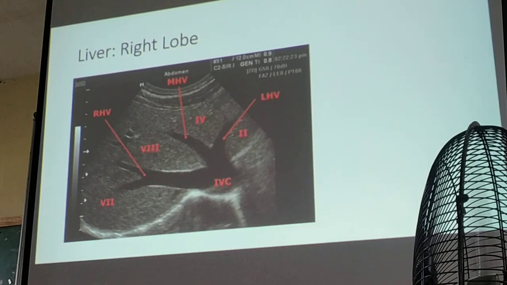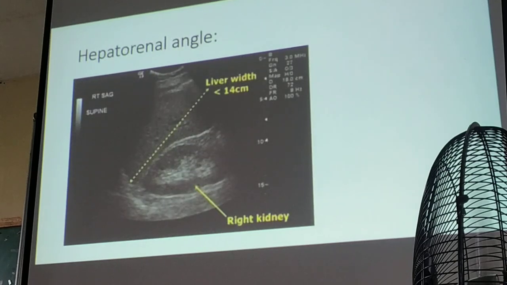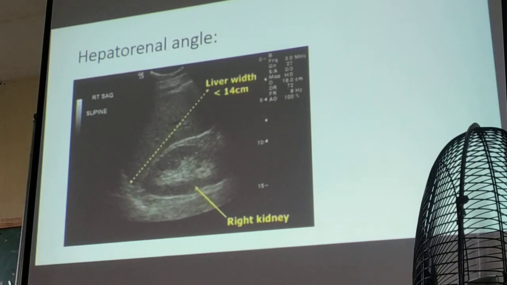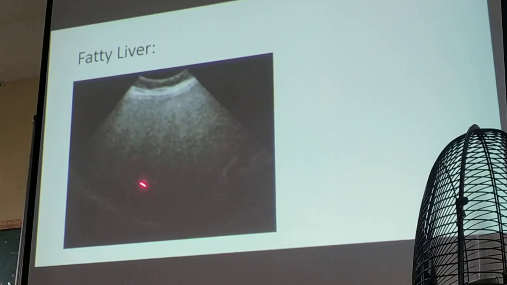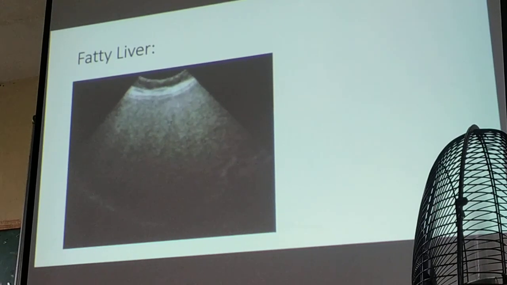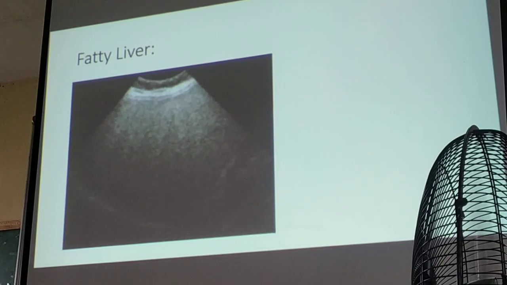So it's just normal to see the intrahepatic ducts when scanning the liver. Okay? So, if you don't see the border of your liver, you would consider fatty liver. Okay? So, if